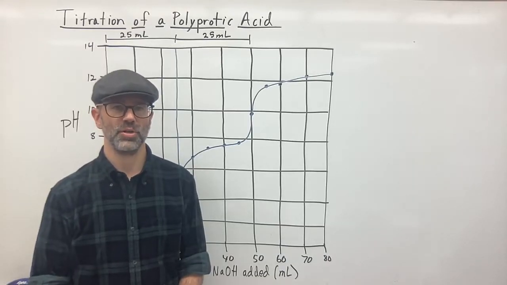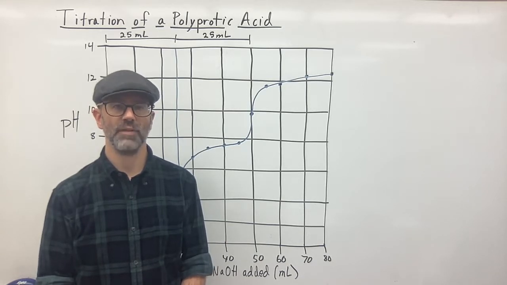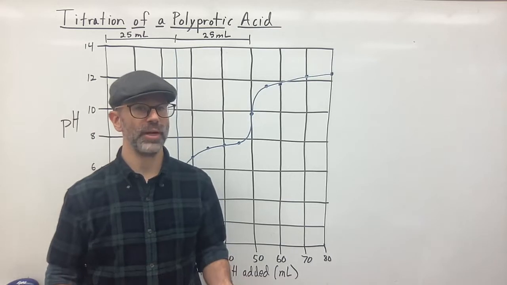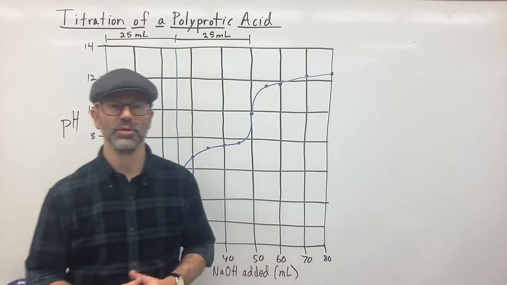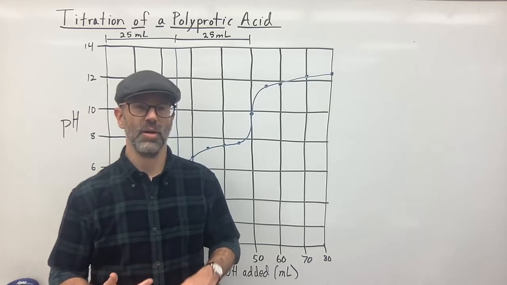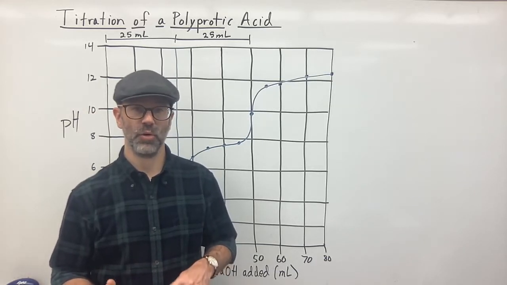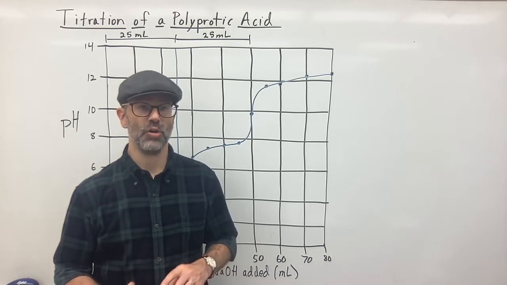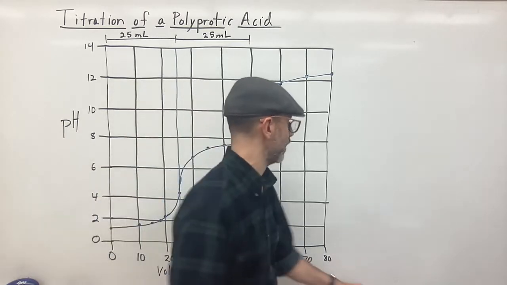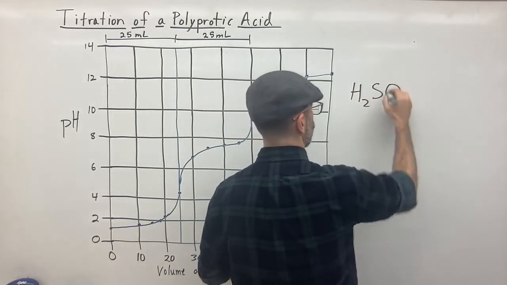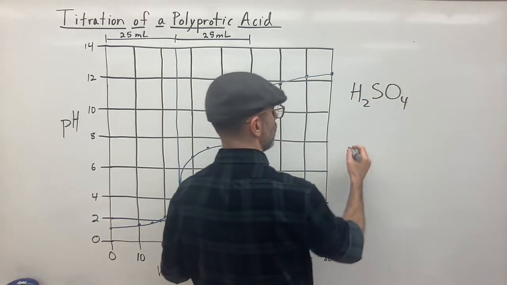My name is Mr. Cobalt, and in this video I'm going to go over the titration of a polyprotic acid. So what is a polyprotic acid, you ask? Well, let me tell you. A polyprotic acid is an acid that has more than one proton that is going to come off in solution. So this would be acids like, for example, H2SO4, sulfuric acid, or